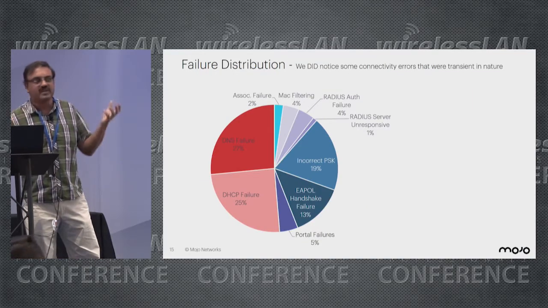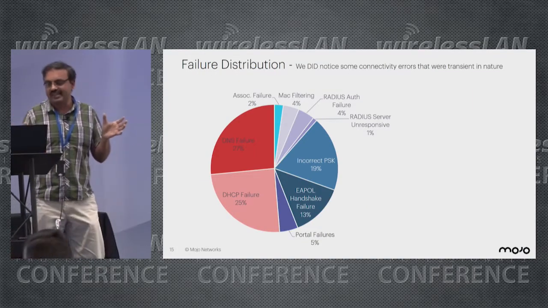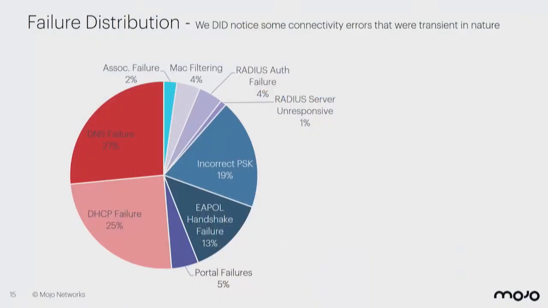Now let us go one more level, peel the next layer of the onion, so to say, right? So what we are seeing is that there are about 25% failures that are due to DHCP issues. Then the other 25 or 27% roughly are due to DNS failures. We see that DNS is a very